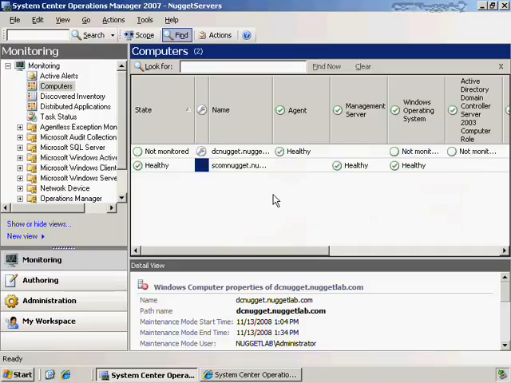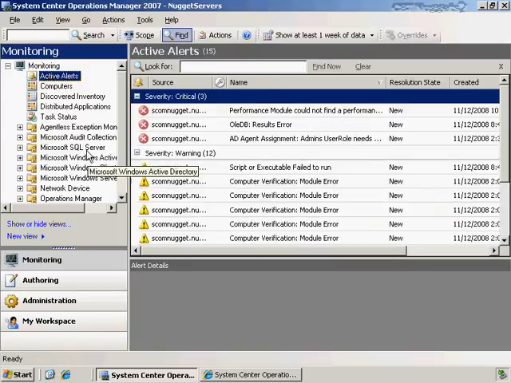Now, there are going to be some cases when alerts actually pop up that I'm not particularly interested in. I just really don't care about them. And I can go and resolve them, but again, they're going to just come back. They're actually just going to return because, well, I haven't actually solved the problem, and the clients are going to continually come back and let me know that there's an issue. Now, in that case, I have the option of